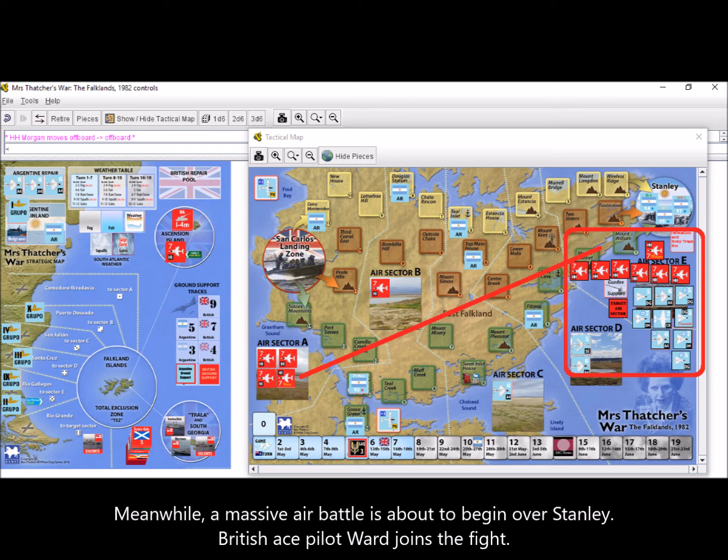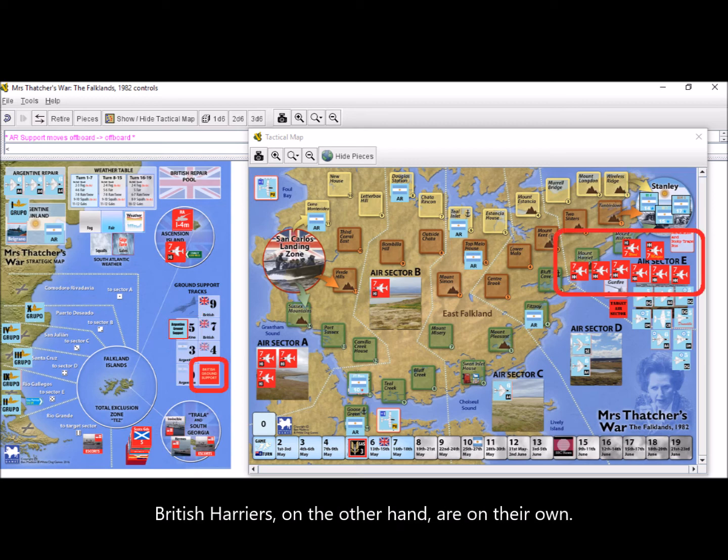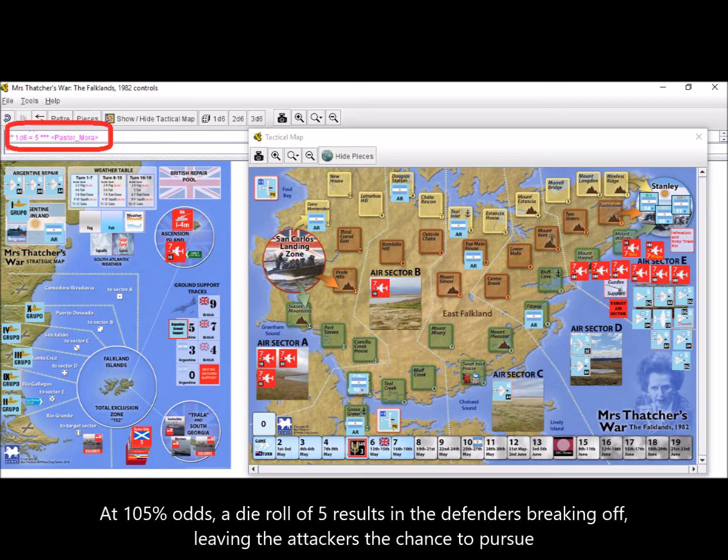British ace pilot Ward joins the fight. With plenty of troops in Stanley, Argentine air forces receive a maximum ground support bonus. British Harriers, on the other hand, are on their own. The power of the attackers adds up to 56 strength points, while the defenders combined amount to 53 strength points themselves. At 105% odds, a die roll of 5 results in the defenders breaking off, leaving the attackers the chance